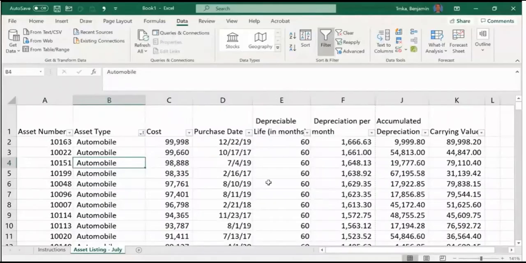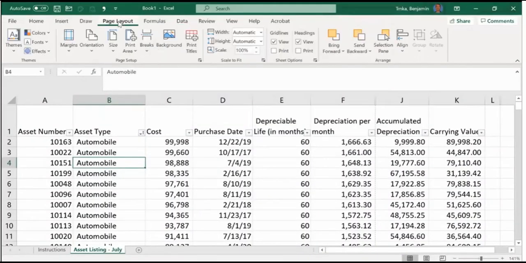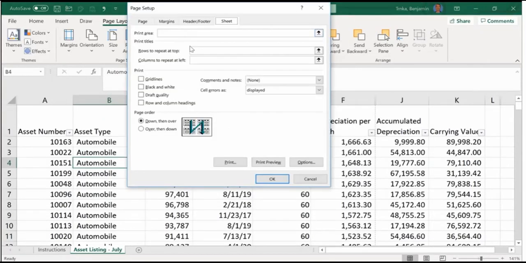Which is crazy. All right, so print titles. If we go to our Page Layout ribbon, it says Print Titles right here under Page Setup. What we want is to repeat our rows at the top, just like freeze panes. In the box where it says Rows to repeat at top, I click in there and then just click anywhere in row 1. Notice I don't have to click on the 1; I get that sideways arrow no matter what. It's going to repeat row 1 on every page.